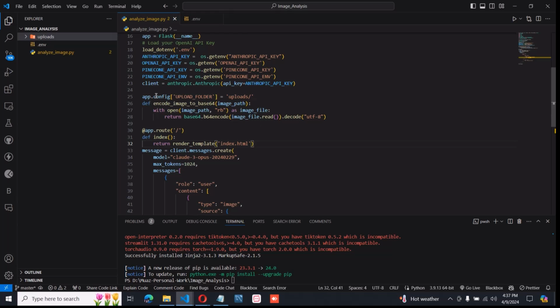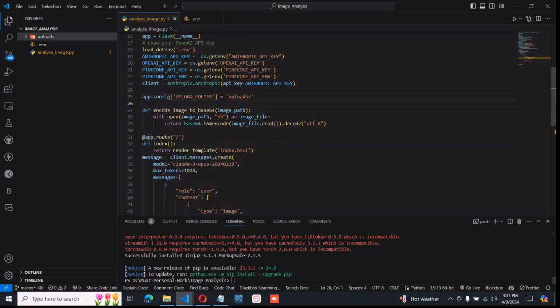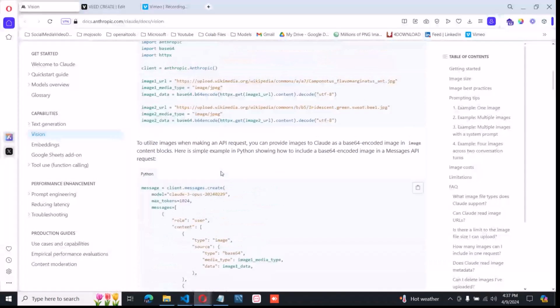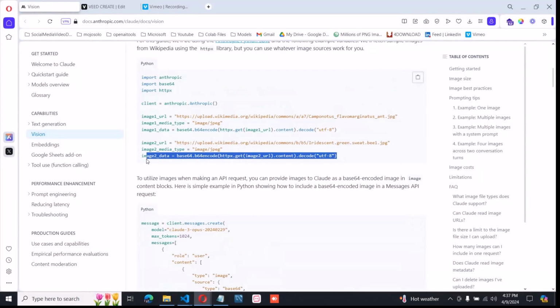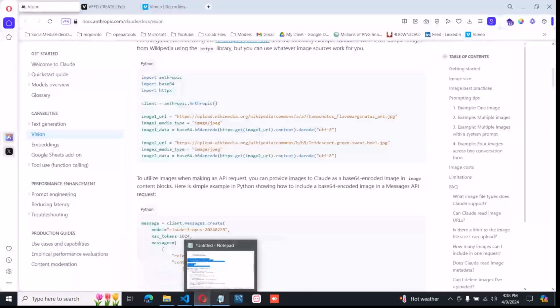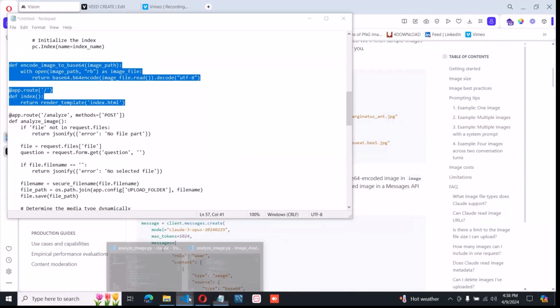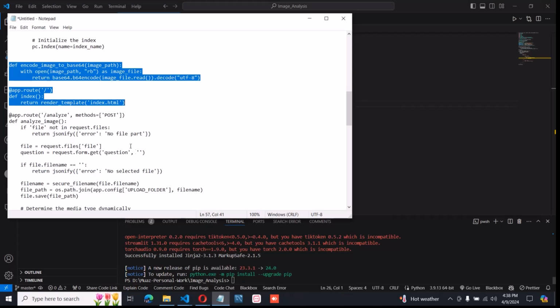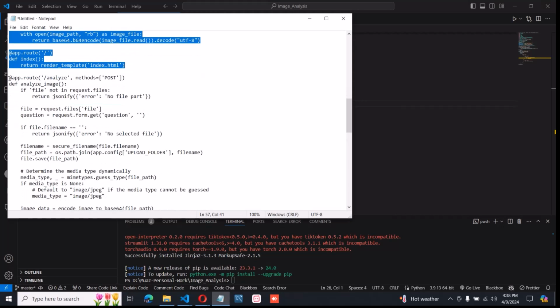All right, so it will encode the images. As you can see in the documentation, they also decode the pictures, encode the pictures, right, to get the image properly. Okay, so our next step would be, first we go to this, then we create another route for image analysis